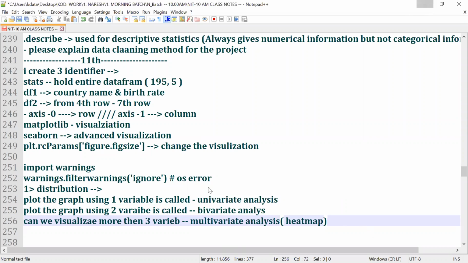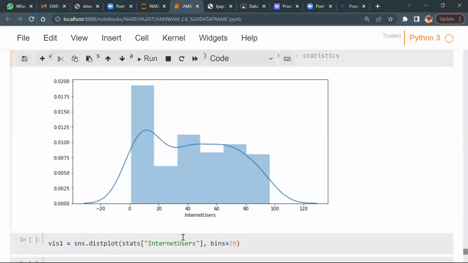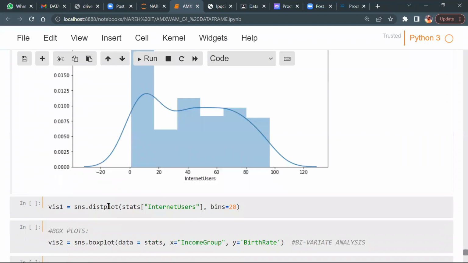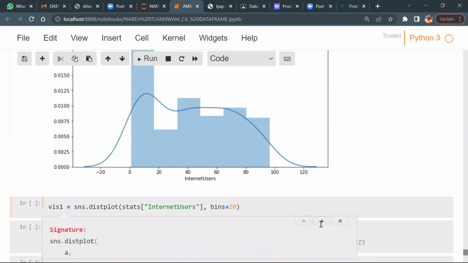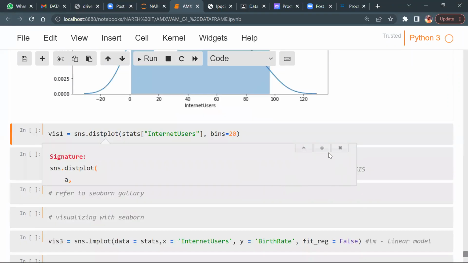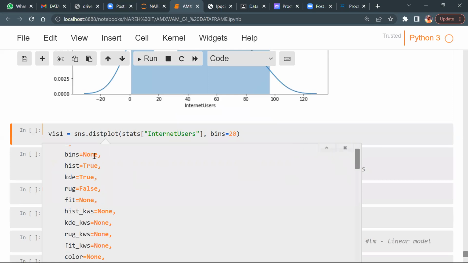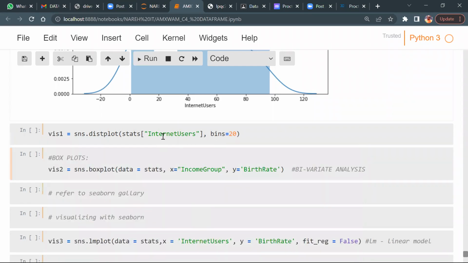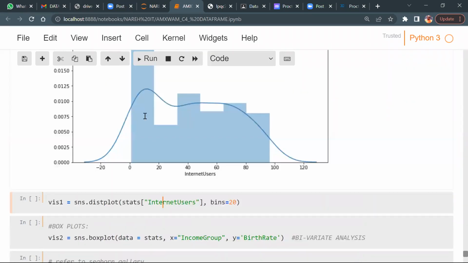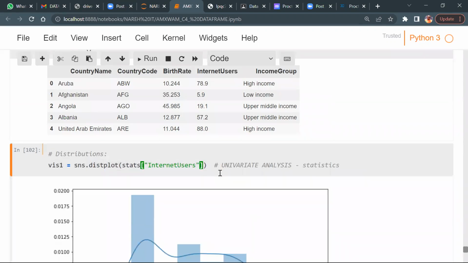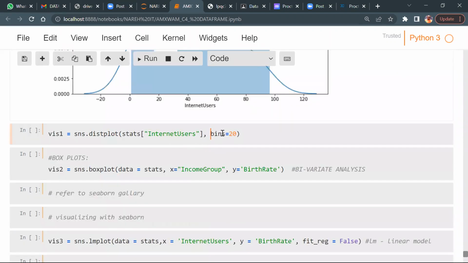Now let's minimize this. See, shift tab plus. If you scroll down, bins equals none, hist, KDE, rug, all those things are here. But anyway, I'll explain all those things in detail, okay? Let's see the same code, comma bins equals to 20.